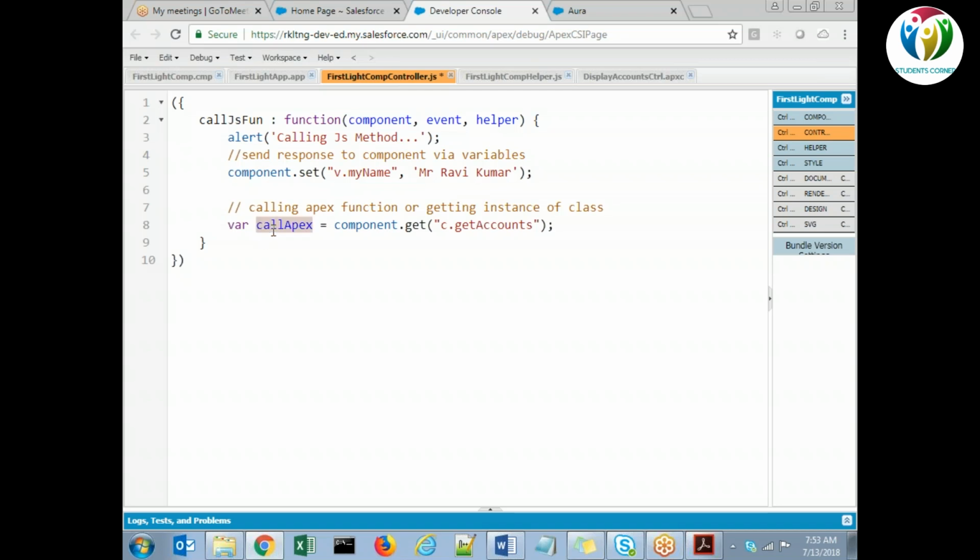And simply we can call this class method, right? So this is like representing this class property, or we can say we are instantiating the class. So by using this variable we will be calling any number of methods or variables we can access. That means whatever we have in the class we can access, correct? In the same way